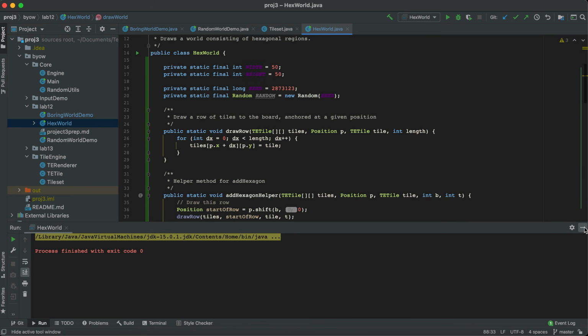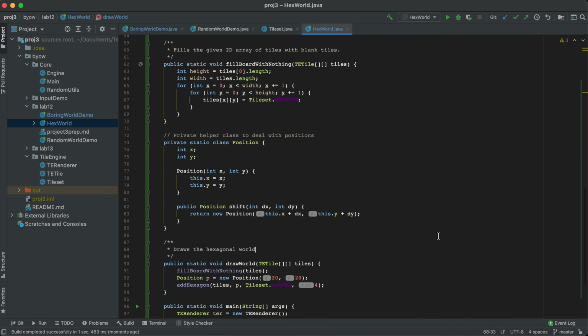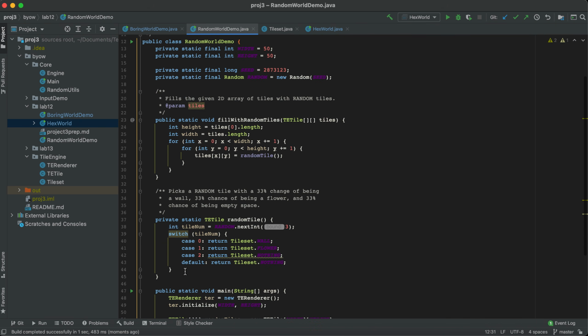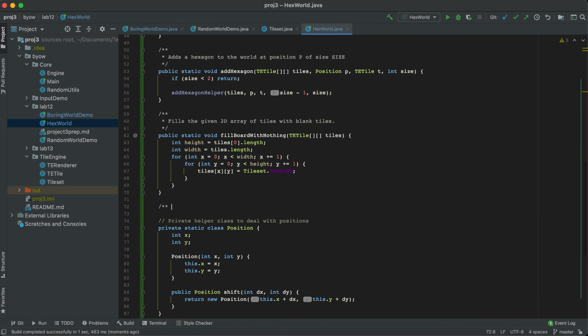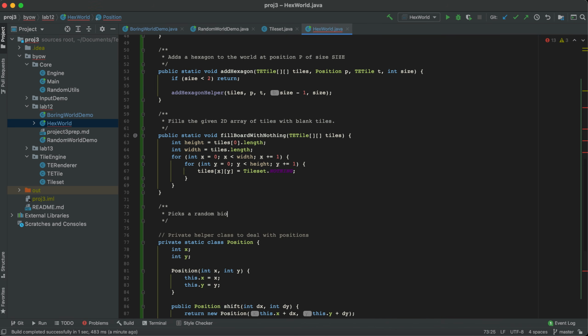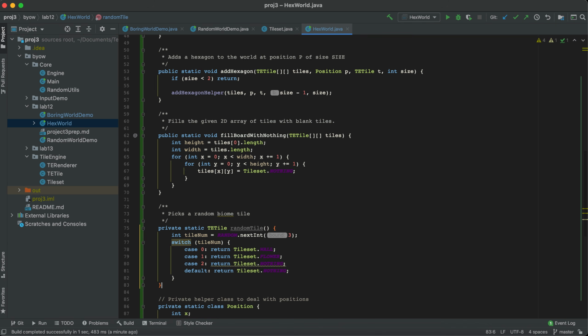We have, in not that many lines of code, drawn hexagons. So what is the next challenge? The next challenge is that we need to draw hexagons of random biomes. So I'm going to revert to random world demo, and we're going to be able to pick a random tile again. I'm just going to copy this code. Okay, let us paste this code,